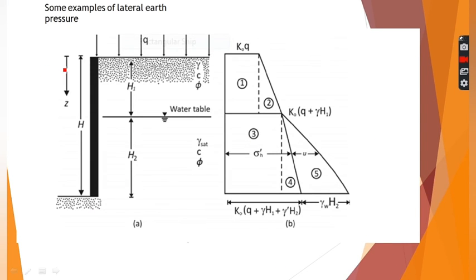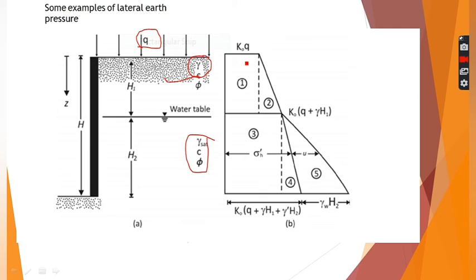So I have included some examples on lateral earth pressure which I discussed before also. This is a retaining wall having surcharge load with dry soil here and water table here at this point. So obviously the soil below will be saturated and this will be dry. So we will make the lateral earth pressure diagram using the effective stress equations which we have already studied. So first of all, due to this surcharge load, we will have an additional pressure acting on this particular